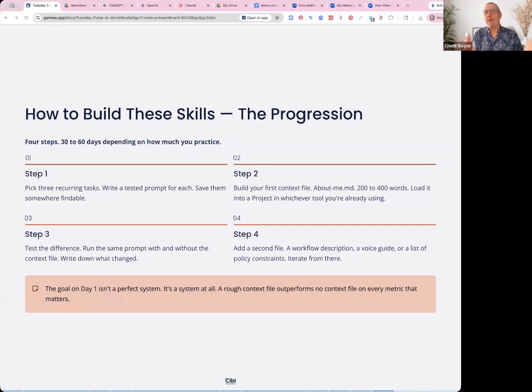If you deal with AI, which you probably have because you're on this call, AI changes on a daily basis. And so if you can have this consistency in a project, in a context file, it's just going to help. And so within 30 days, build a simple context file, test it, modify it, add to it, keep your workflow consistent, build the voice guides, build policy constraints, build and build and build and customize it to your voice.